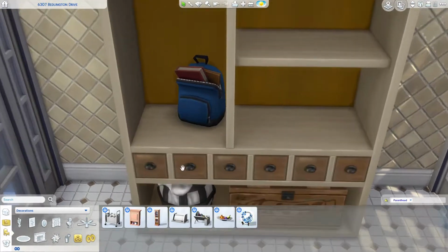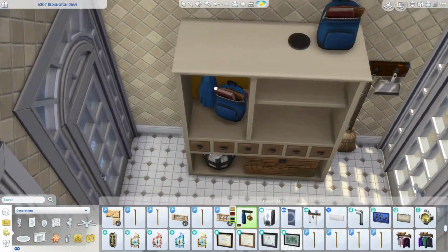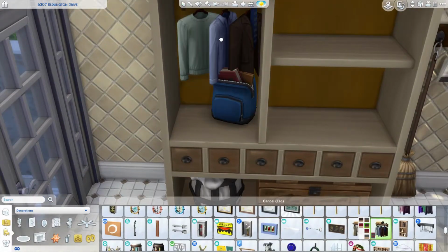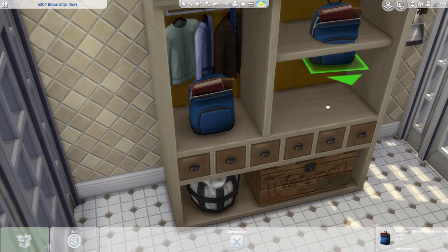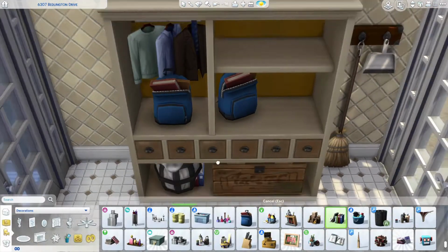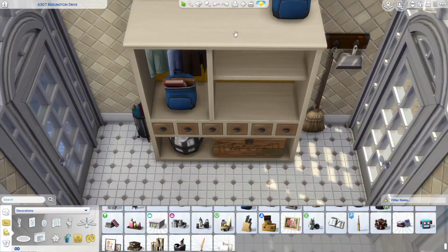Like I said, I don't really play the gameplay all that much, but I still do, and I think it would be cool, and I think it could be improved on. But I am rambling. So I did include this mudroom area, which has the laundry area,